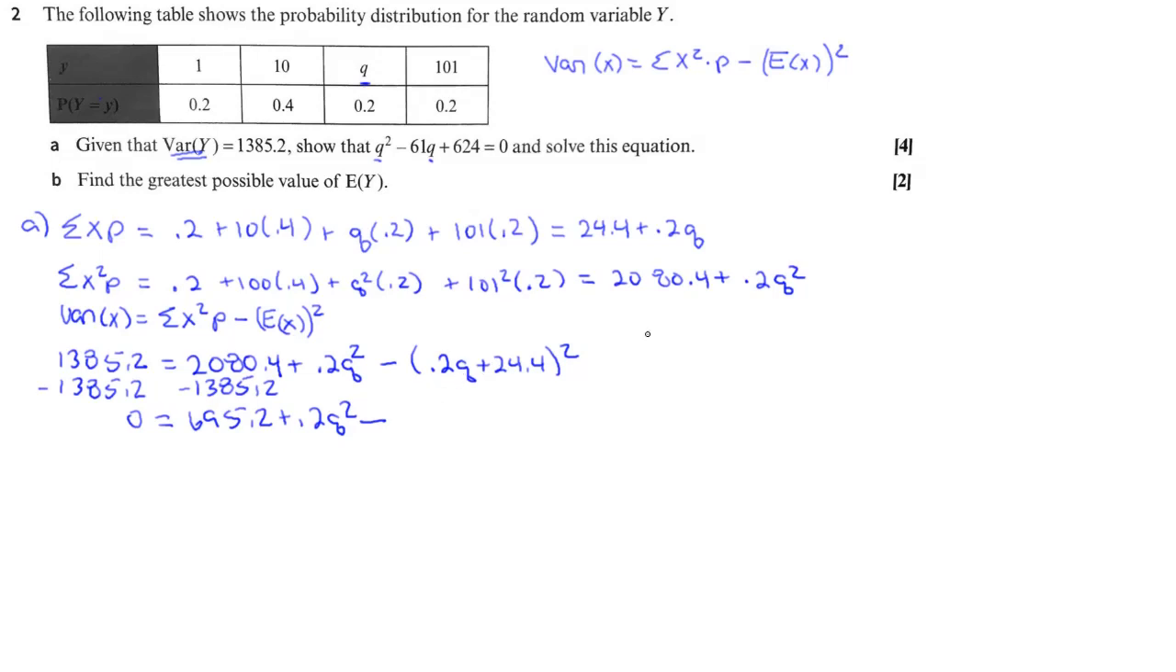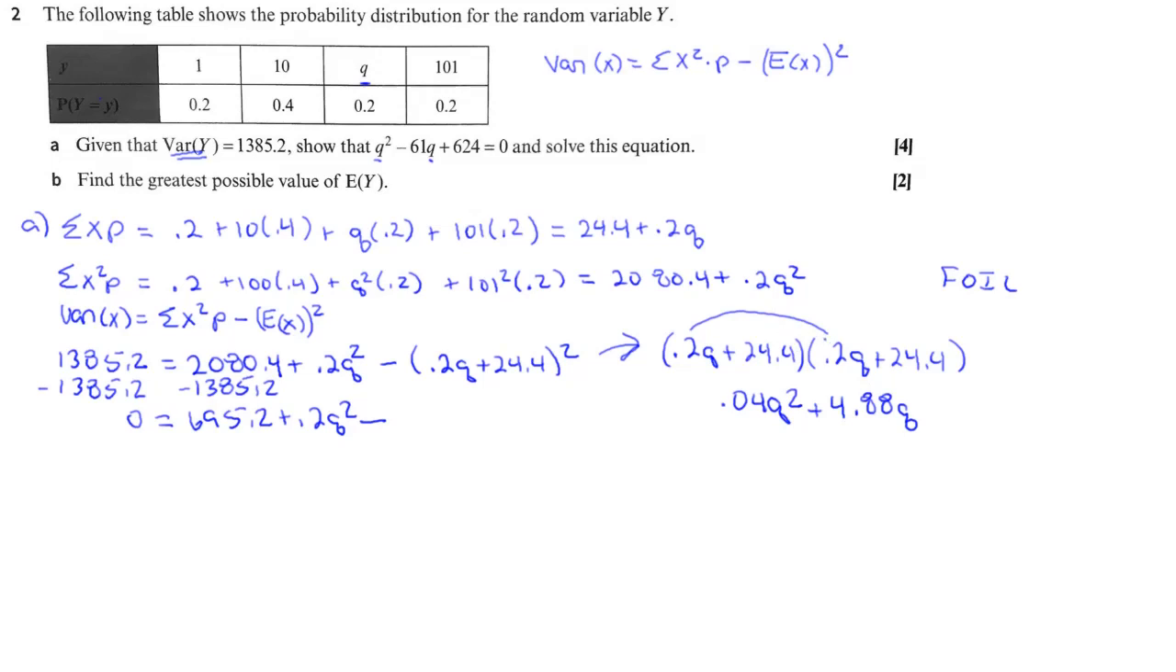And this is just squaring a binomial, a weird one, I'll admit, but it's just a binomial, and we could use the FOIL method. It's going to be 0.2q plus 24.4 times 0.2q plus 24.4. So if I'm going to FOIL it, I'll do my first. 0.2 times 0.2 is 0.04 q squared, and then 0.2q times 24.4, that's going to be